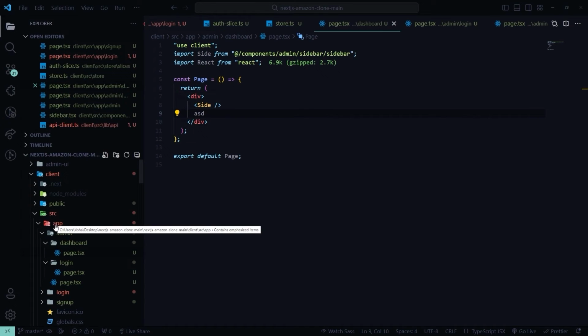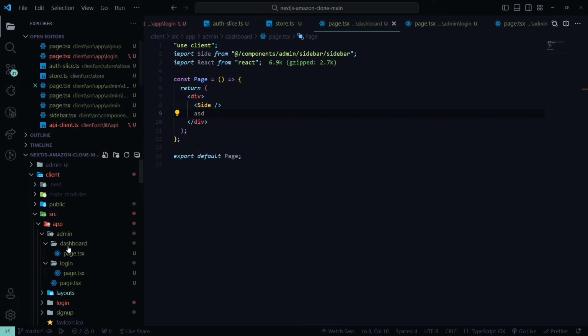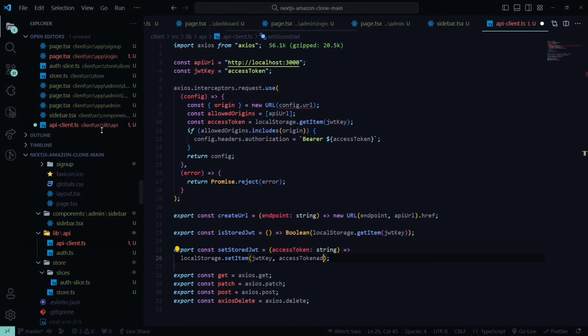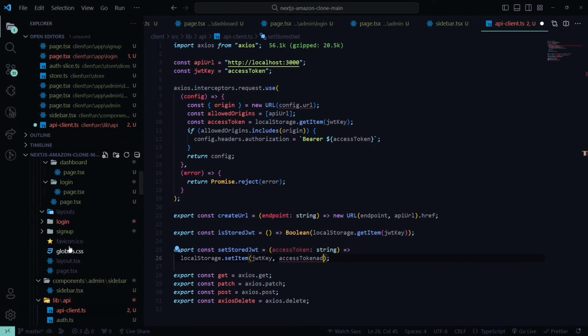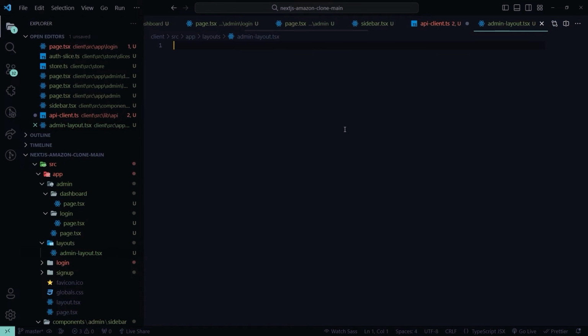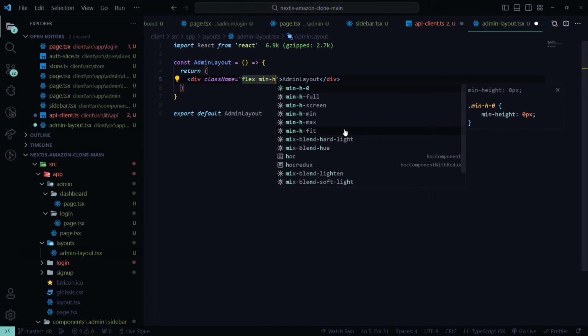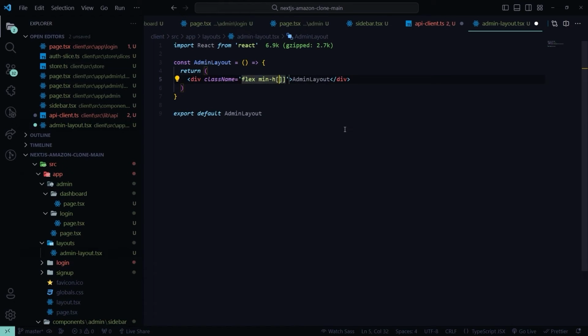So for admin layouts inside the app, I'm going to create a new folder named layouts. Where is the layout folder? Layouts, admin layout.tsx, and I'm going to have rfce admin layout, and in here we'll have div class name. This is going to have flex, min height of 100 viewport height,